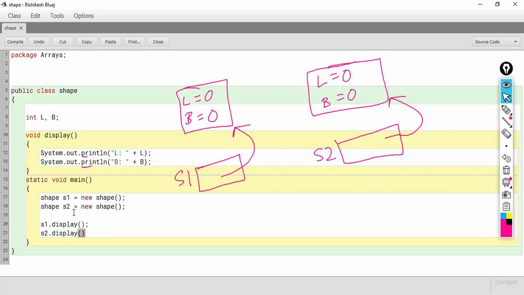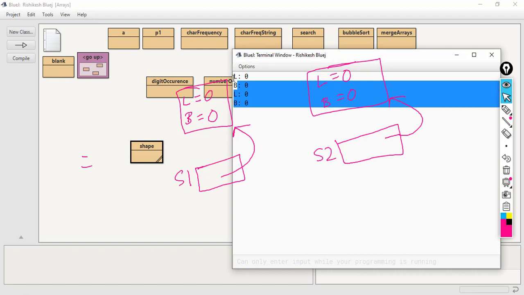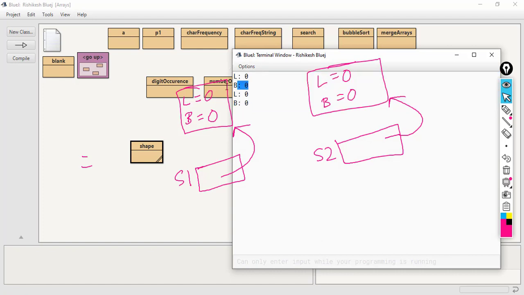When we do this, we should be able to see the values of L and B corresponding to both the objects. Let's compile this and see the output. The output is L is 0, B is 0, this is for s1, and L is 0, B is 0, this one is for s2.